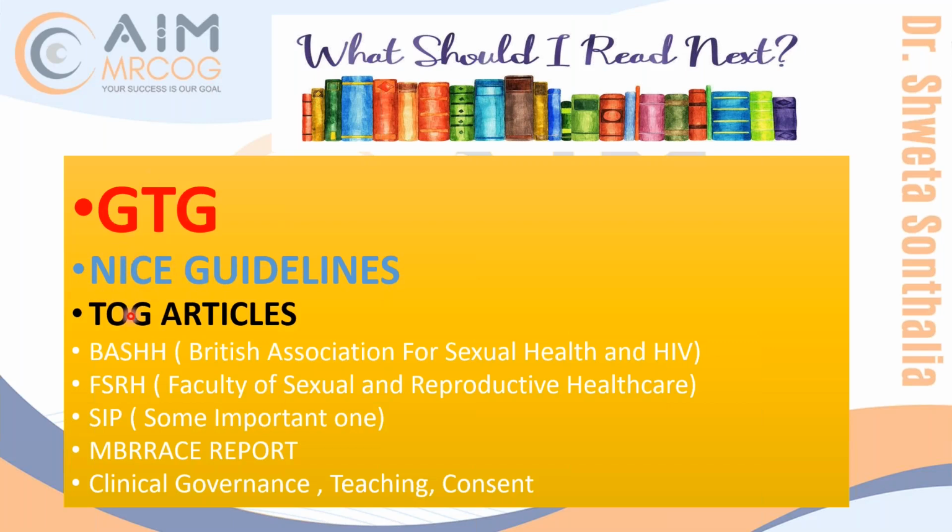You have to read it like a paper, like an article, and then whatever you like, at the end you should make a summary of that, and it shouldn't be more than one page. For TOG, it should never be more than one page, other than the charts and tables, whatever important ones are there. But your summary should be one page only. Because if you read TOGs, you feel, oh God, so much is given, how will I remember this and that. And don't focus much on the percentages in TOG, because TOG numbers are usually not asked in exams, other than specifically where the number is not there in guidelines. And anyway, nowadays the number questions are decreasing.